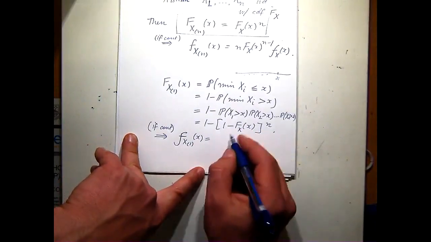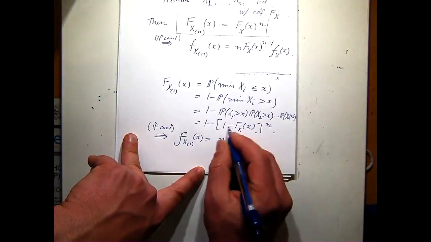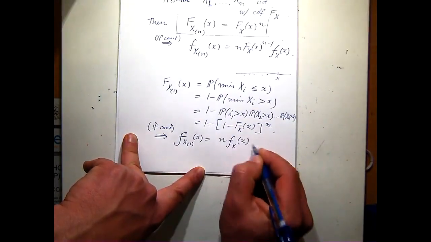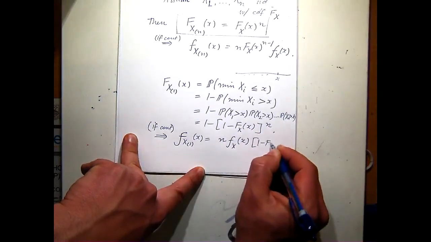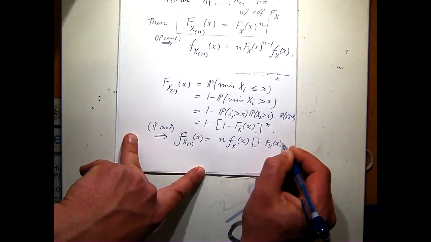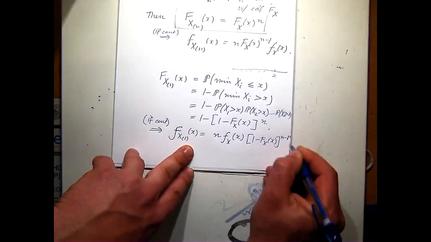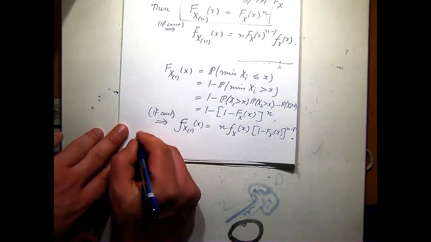I get a minus n. So there's still an n, there's still the derivative, which is, there's a minus from here and there's a minus in the minus f_X of x. And then I get this to the power n minus 1: (1 minus f_X of x) to the power n minus 1. So that's a full derivation in the case of the minimum or the maximum. And I gave you this formula